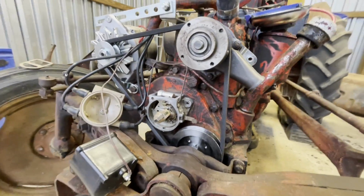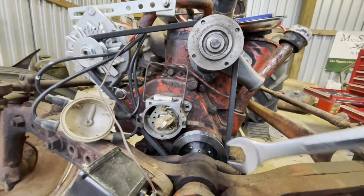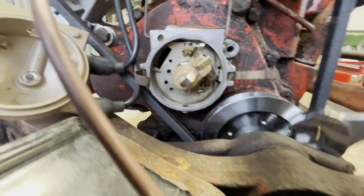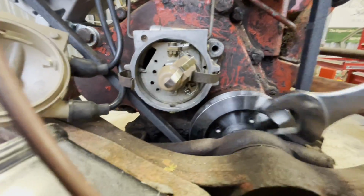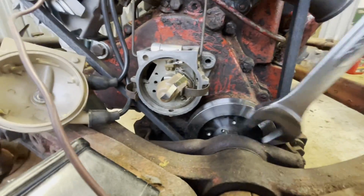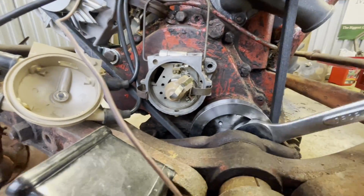I think I may have found my problem. I just took this out. So when I turn my crankshaft, that rotor button doesn't turn at all, any direction. So I think, because I think it's supposed to, like I say, I'm not a gas guy, but I think